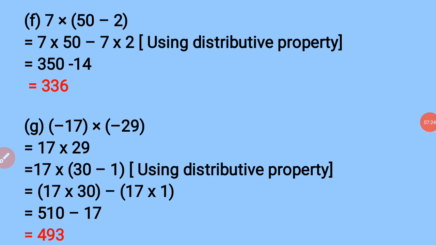So now our 17 is to be multiplied by 30 minus 1. Let's use the distributive property. 17 will be multiplied by 30 initially. Minus sign copied down, and then 17 will be multiplied by 1. Multiplications of these kinds, they are very easy. 17 3s are 51 followed by 0 minus 17. This subtraction is also very easy, and you have got the answer quickly. So your selection of number is again very important.